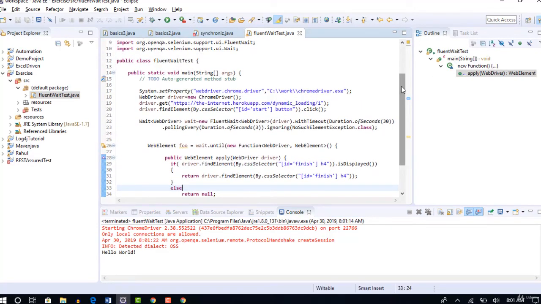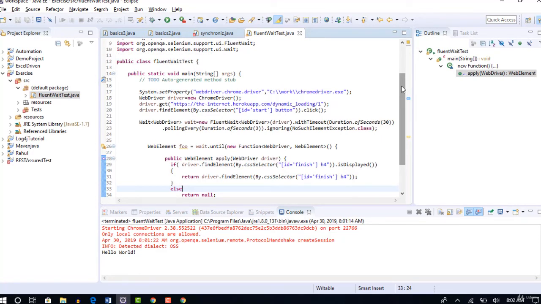Same thing you can do in WebDriver Wait as well. Same thing you can do with thread.sleep. Same thing you can do with implicit wait also, but that's a bad practice. So these are different ways of achieving wait in Selenium. It's up to you to choose the one. But in my experience, Fluent Wait is not that famous in real-time projects, but unfortunately it is very famous in interview questions.